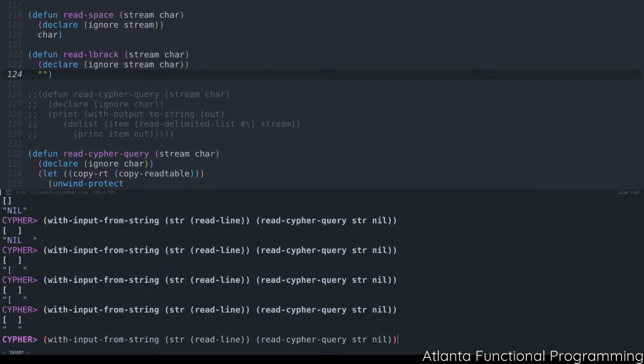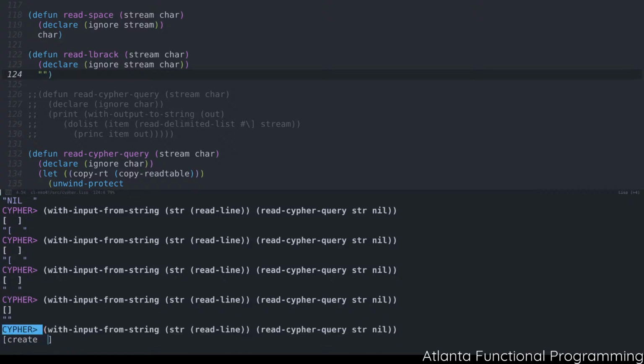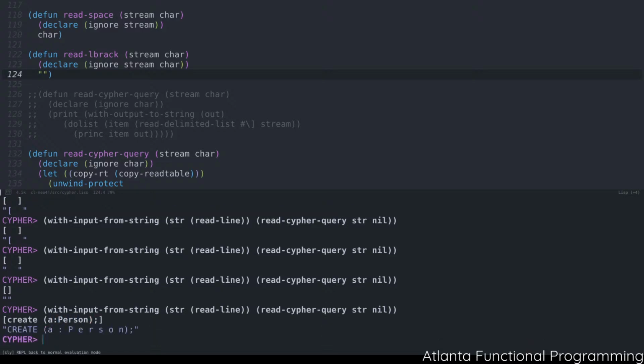Hold on. So let's do this. Okay, so this actually will work. Let me do this. Create a person. And we can see that we're getting much closer to what we're kind of expecting. The one thing now remaining, of course, is